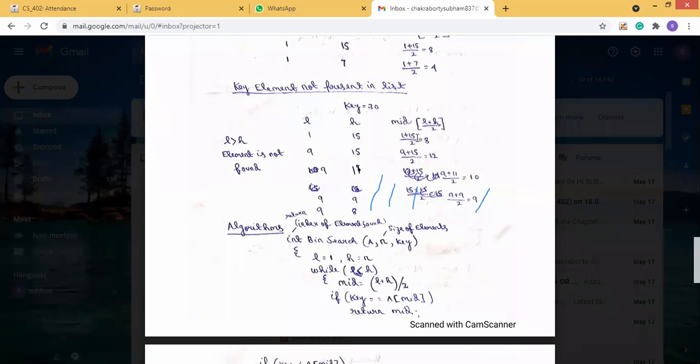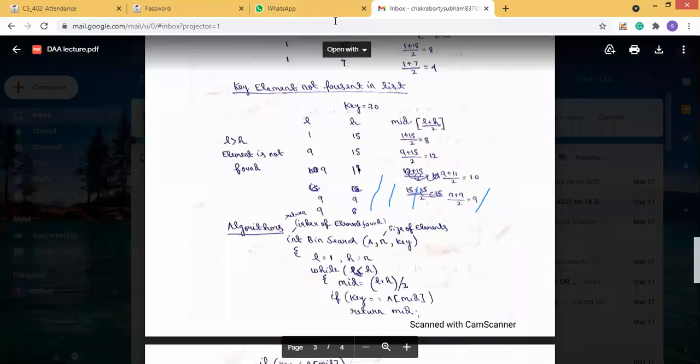In this binary search algorithm, you can see I have used simple C functions. First, int binary search. Why do we use return type int? This return type int is used to return the index of the element found. What we are returning here in binary search is basically the index of the element found, the index in the array where the element is present. So it will be in number format, that means it will be of integer type.